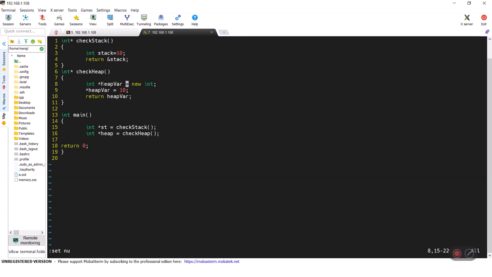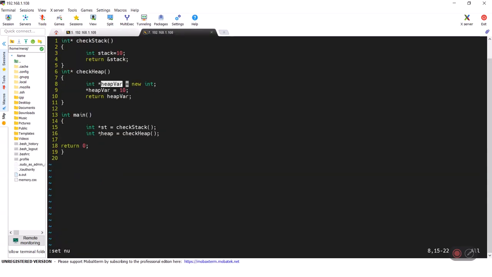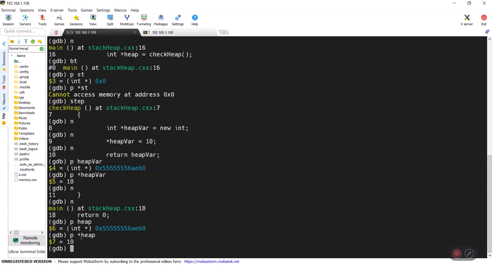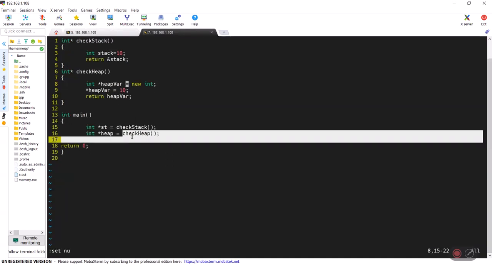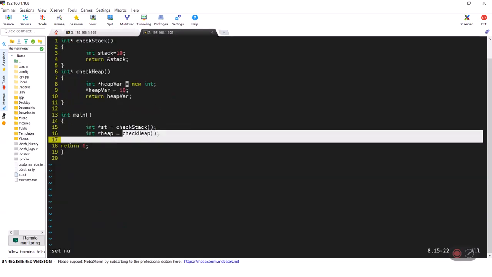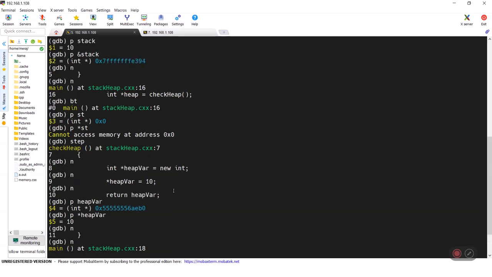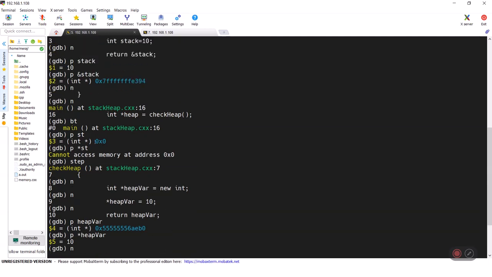So we were able to print and access this heap variable inside GDB even after returning from check heap. We tried to access it at line number 18, and we could see that we were able to print the value, and the address was still valid. It was the same address, unlike stack, which was a null pointer.